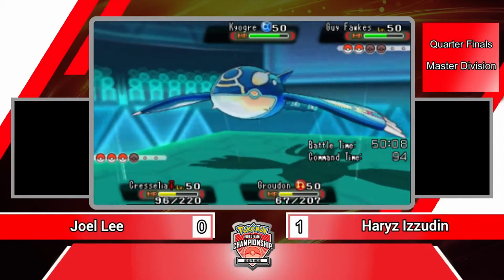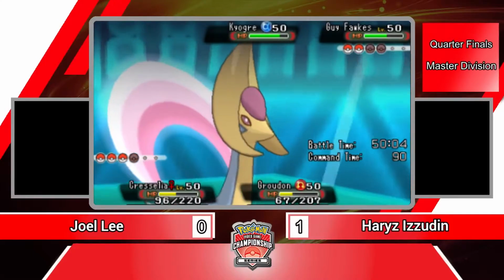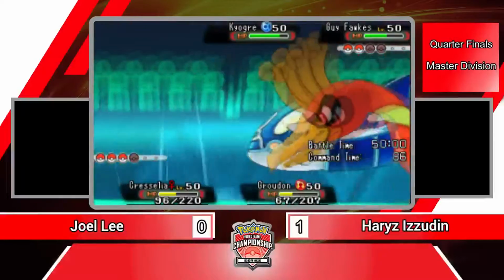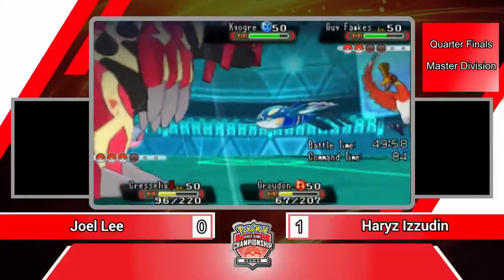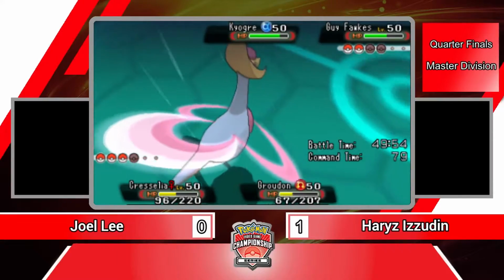He can't switch into any of his Pokemon. Exactly. There's a Landorus at the back. Cresselia's going to take a ton of damage. Possibly Groudon is minimum speed, which I believe it is. Possibly, since he is playing the Trick Room variant. So assuming that this Kyogre is fast, I think the safe play for Joel...